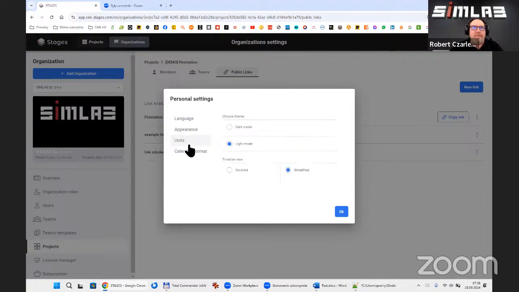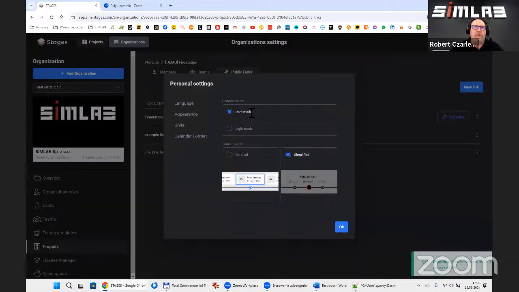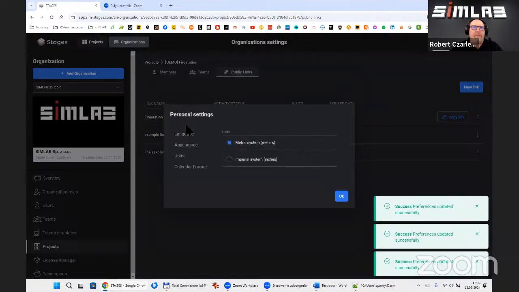The next tab is appearance. And here we can choose if we would like to use light mode or maybe dark mode. Also, we can set up the type of the timeline, simplified or detailed. In the next tab, we can set up the units.